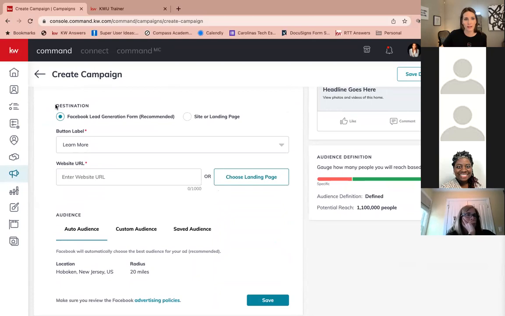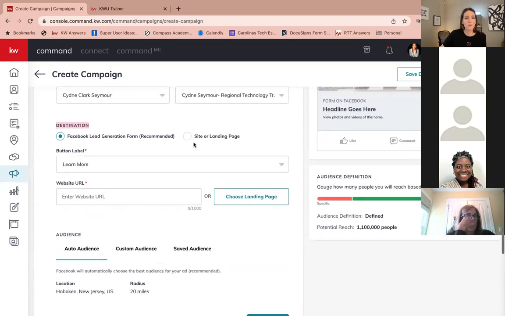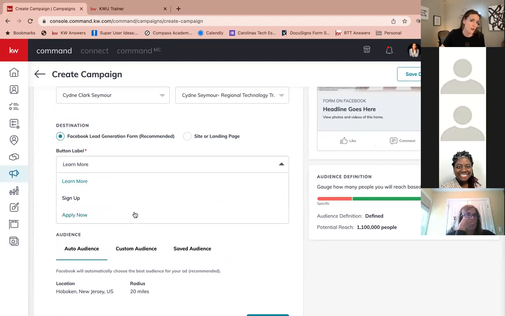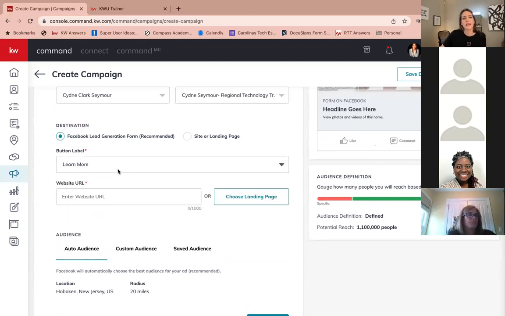So the destination right here says Facebook lead generation form recommended. So it's even telling you this is what we highly recommend. What that means is as soon as someone clicks on this button right here that says learn more, or we can switch that to sign up or apply now, I'm going to keep it as learn more. As soon as someone clicks on that, a box is going to pop up, and Facebook already has all their contact information. It's the details they have on their Facebook account for how they log into Facebook. Facebook's going to pull all that data in. That's the contact information that's going to be associated with the contact as soon as they come into your command